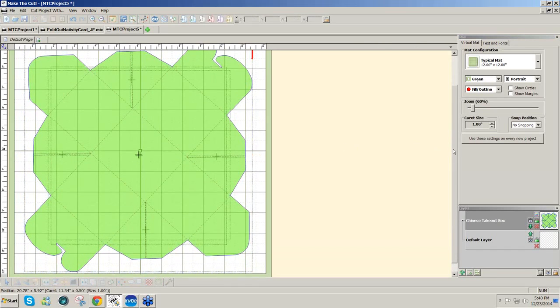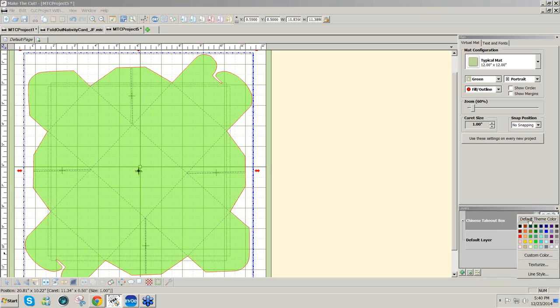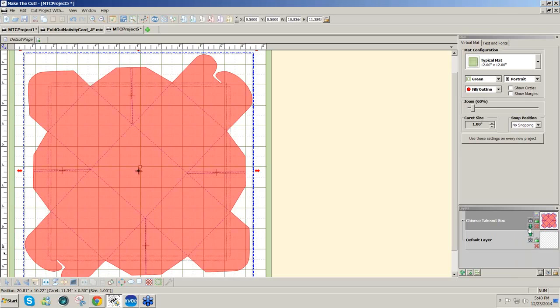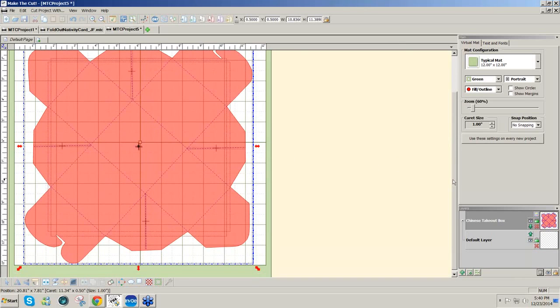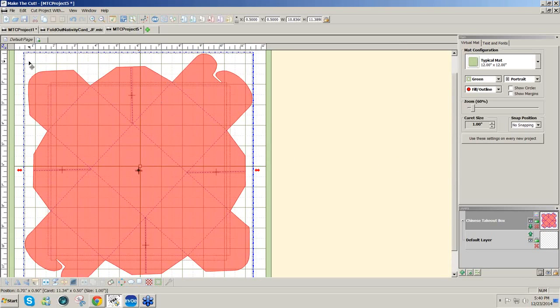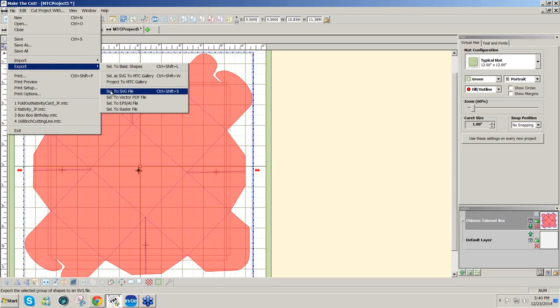If I want to change the fill color, I can click on the shape here and click on the color box, and I'll just give it a color here by left-clicking on a color. So now the design's red. Everything is selected, as you can see, there's a blue bounding box around it. So all I have to do when it's selected is go to File, Export, Selection to SVG, or the shortcut key is